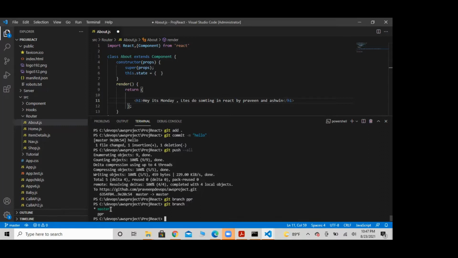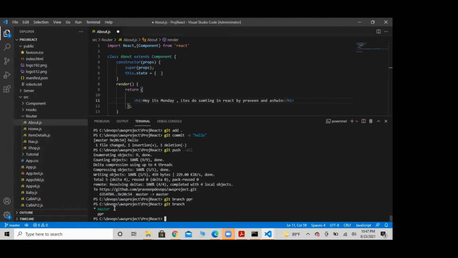So dev one, dev two, like that. The moment code comes into the master, everything is automated now. So the team leader has to be very careful here. They have to think ten times before merging the code. It's not so easy.